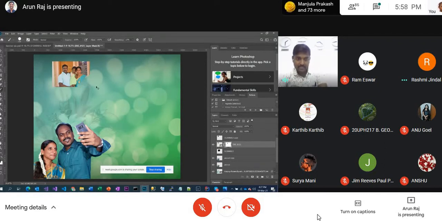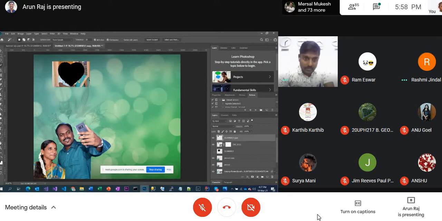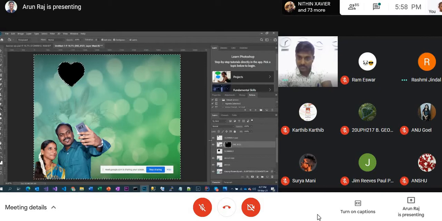So the place where the black is not visible, right? What we are going to do is select the entire space outside, and I am going to click here. I am going to put the black there. Done. So now when you look at that, you are able to see them in that place.